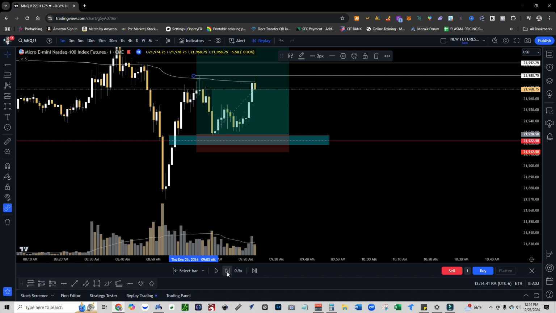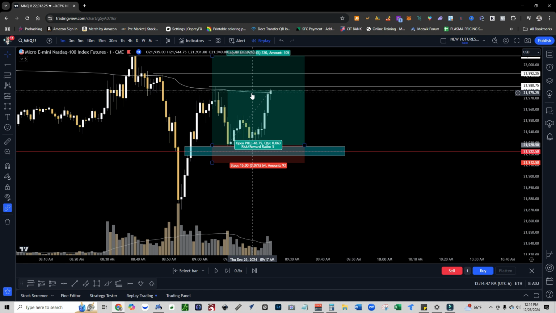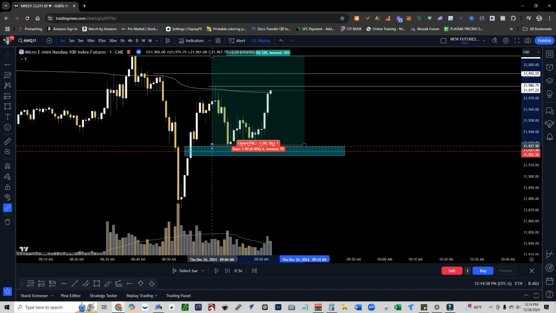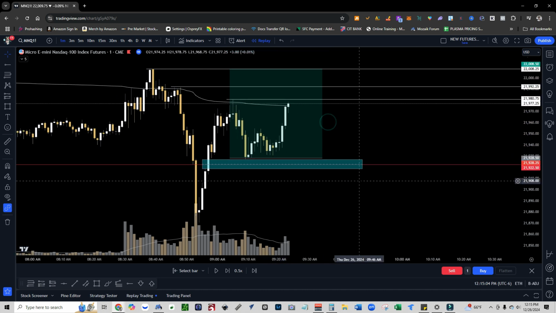All right, now we're making the move up, and as you can see right in here, we're pretty much at TP1, right? So like I said, you can either do the body or you could do the wick. It's up to you. Either way, I would go ahead and take that TP1 off, and then I would move this to break even. So now that TP got hit, the first one, we're break even. So right now this is the free trade.